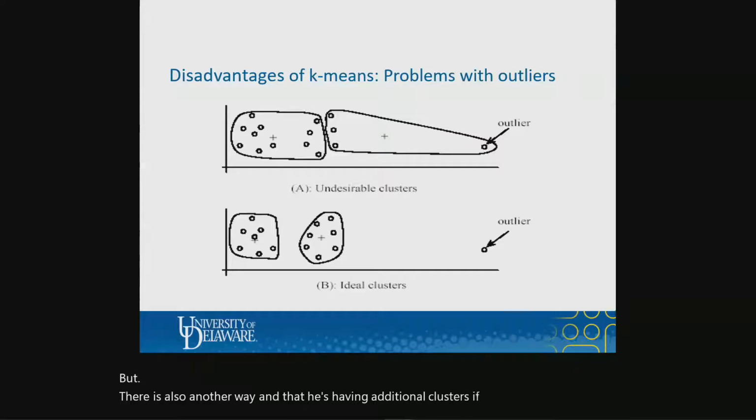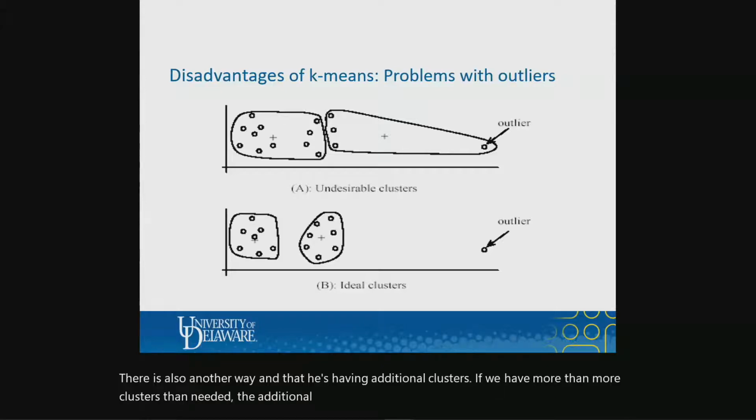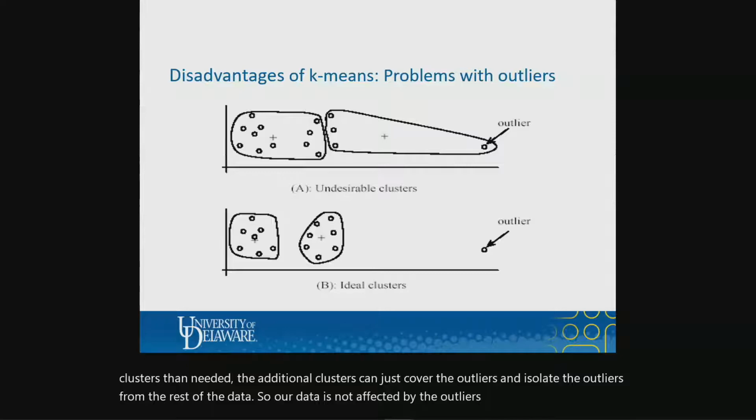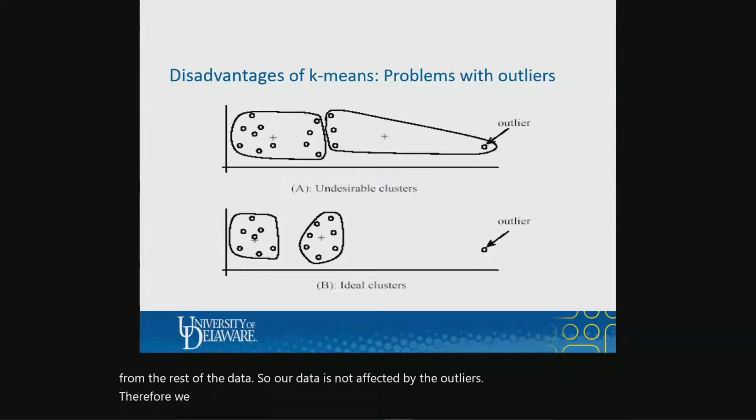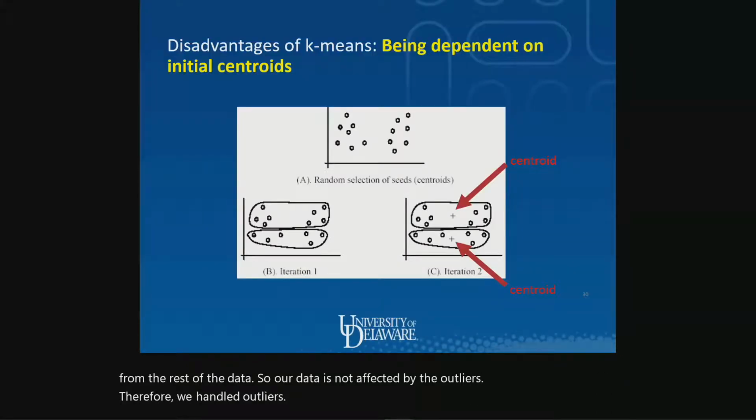If we have more clusters than needed, the additional clusters can just cover the outliers and isolate the outliers from the rest of the data, so our data is not affected by the outliers. Therefore, we handled outliers. The other disadvantage was that the final solution is sensitive to the initial points or the